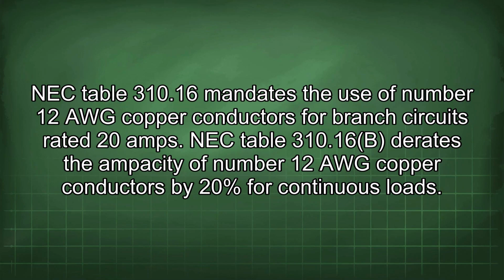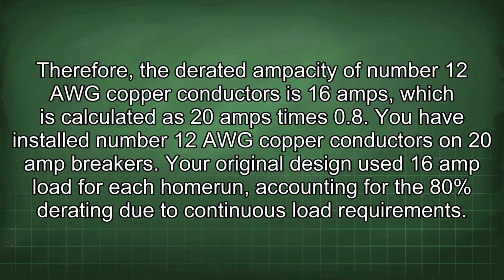NEC Table 310.16 mandates the use of number 12 AWG copper conductors for branch circuits rated 20 amps. NEC Table 310.16(b) directs derating the ampacity of number 12 AWG copper conductors by 20% for continuous loads. Therefore, the derated ampacity of number 12 AWG copper conductors is 16 amps, which is calculated as 20 amps times